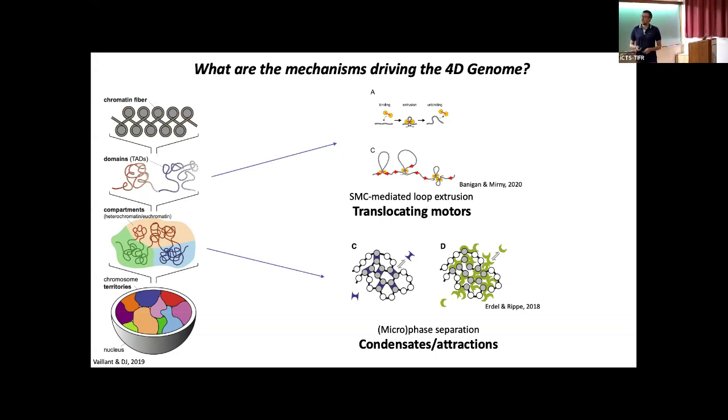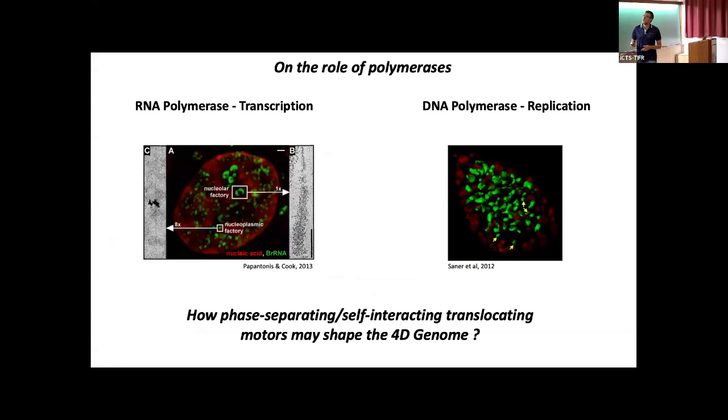As a theoretical physicist, a question we ask is, what happens if you now mix these two types of processes, translocating motors with attraction or condensation? And actually in the nucleus, there are two well-known motors that are translocating and potentially have this capacity to attract each other,